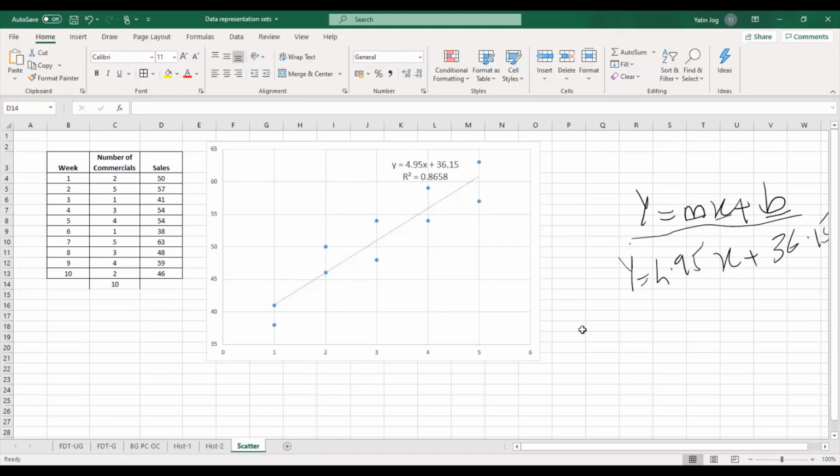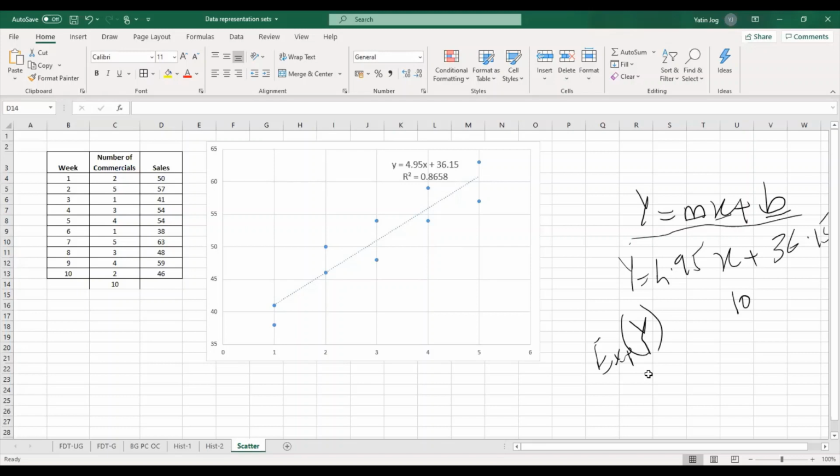That is my expected value of y. If I put x equal to 10, whatever y I'll get, that is my expected y. In reality, what actual sales will happen, that number may be different. It will be very close to this expected y, but that number may be different. And in statistics, we do all kind of analysis just to understand how each data point is actually deviating from its expected value. So what is the difference between the expected value and the actual value?